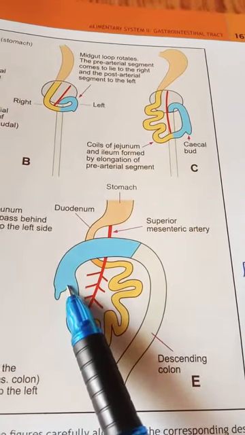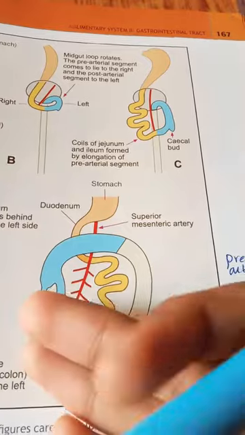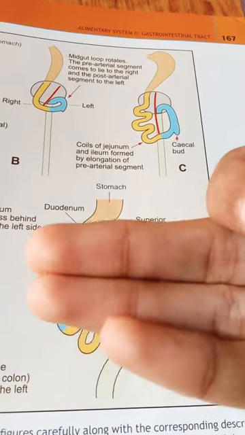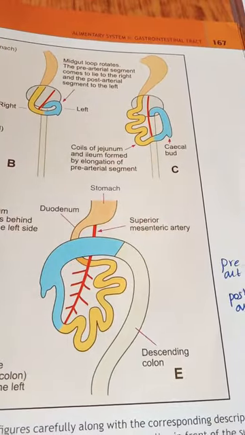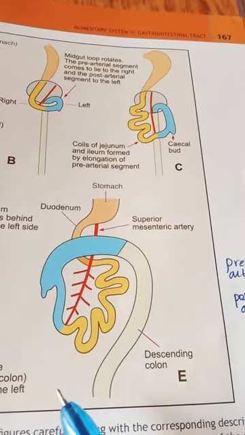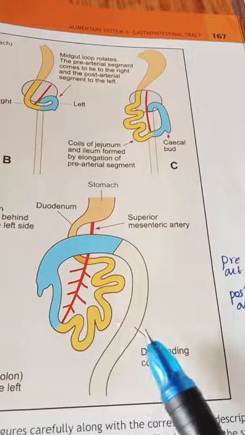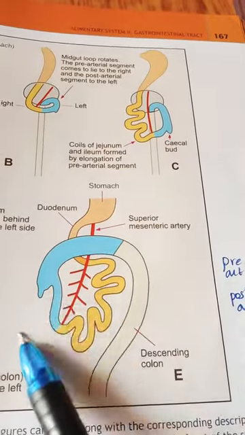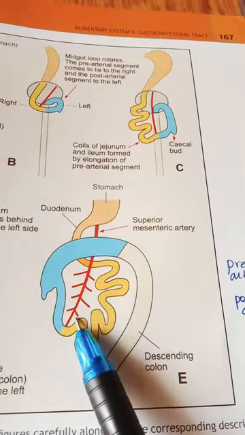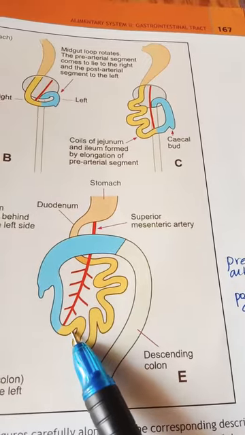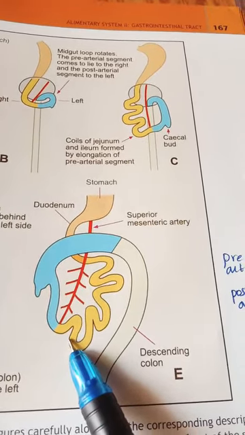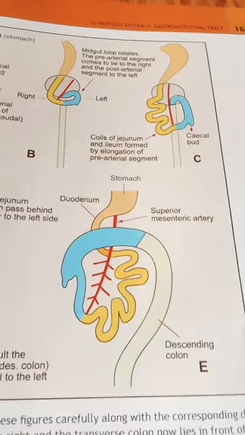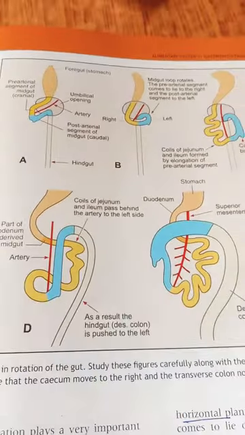So now the cecum is below the liver. Now you can imagine a 3D structure, for example my fingers are the liver, so below the liver if you open, you can see here the cecal bud towards the right side, cecum, and the ascending colon can't be demarcated yet, so you can see it is not clearly formed here. And gradually the cecum descends to the iliac fossa and the ascending, transverse and descending parts of the colon become distinct later. So this is how the rotation takes place, a very simple process.